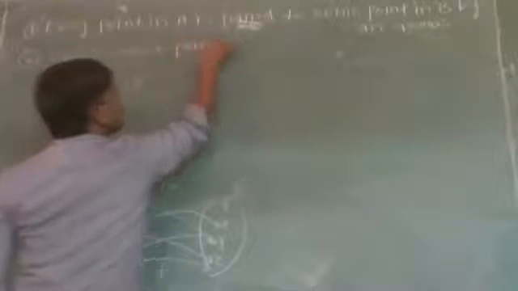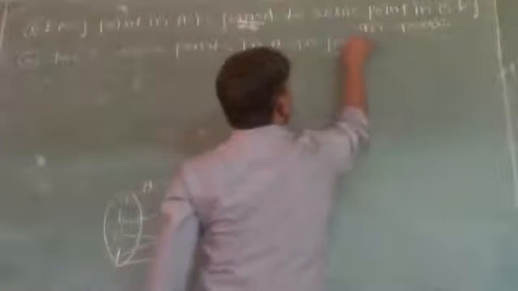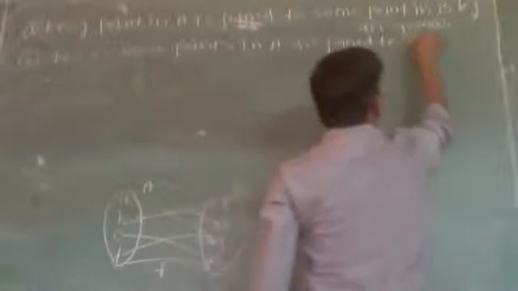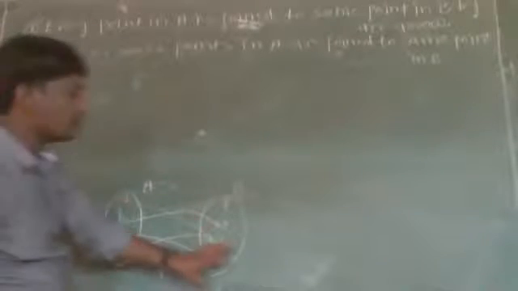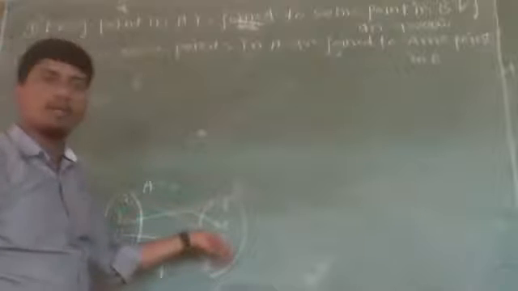Second, two or more points in A may be joined to the same point in B. So here, if f is a function from A to B, then each element in A is joined to some element in B, but two or more points in A can also be joined to the same point in B. Here, the elements a and d are joined to y. So two points in A are joined to one, that is the same, element in B. So this one is also correct.